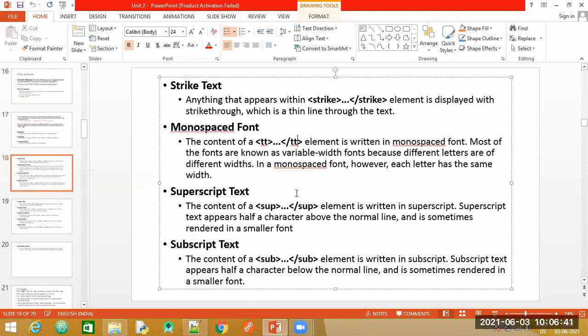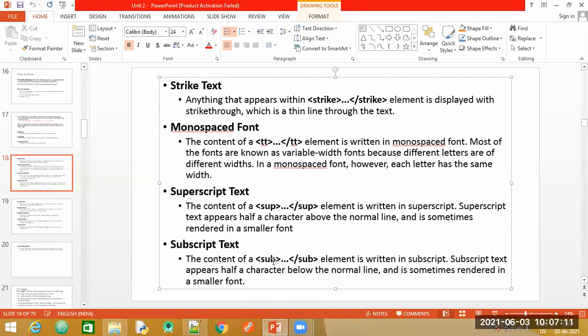Then have a look at the subscript and the superscript tags. Whenever we want to write, especially if you want to write the date, today is 3rd of June, that RD value is going to be in the superscript form, or the exponent you can say. Whenever you want to write 2 raised to 2 or 2 raised to 3, if you want to have a raised value, you can make use of the superscript tag. And this is the tag here, SUP.